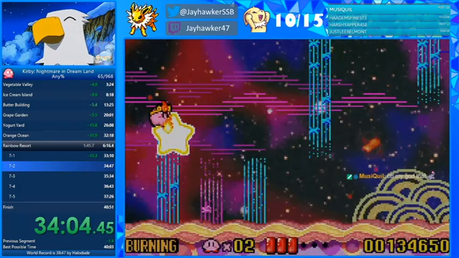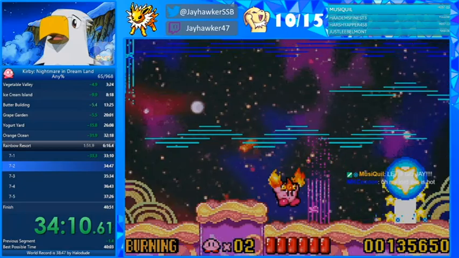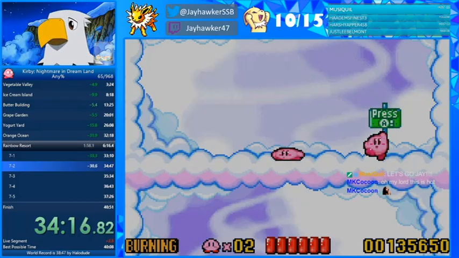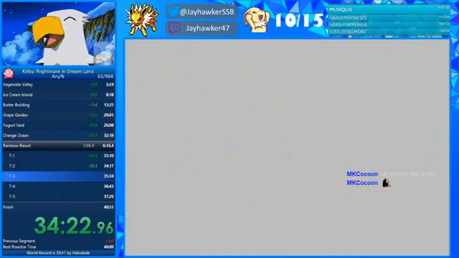So that was an example of a very strong 7-2. But even so, that was a little bit off of my gold. I believe the human best is about 6 seconds faster than that one, maybe even 7 seconds. And it's easy to lose another 7 or 8 seconds on that stage with bad luck. So that is the most random part of the game,